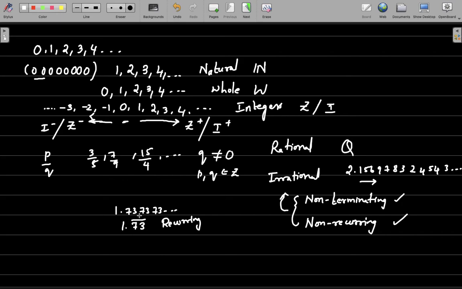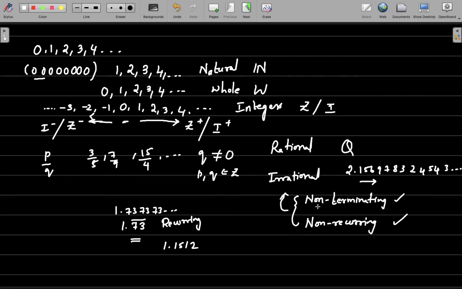Like, say here 1.737373, and so on. Because this is a recurring decimal, you don't call this an irrational number, you call it a rational number. Or say, suppose I have a number, say 1.1512. This is of course non-recurring, but this is terminating. That is, it stops here after 2. You don't have any value after this. So you call this kind of number also a rational number, because any rational number is represented in the form of p by q, any p by q number can be represented in its decimal form. And if that decimal form is either terminating or recurring, then that is called a rational number.